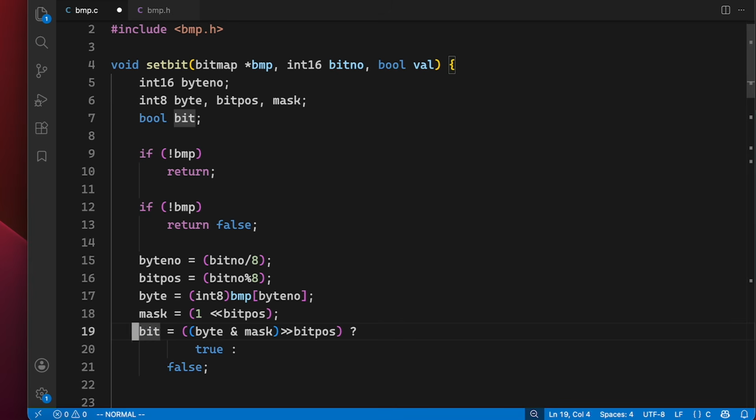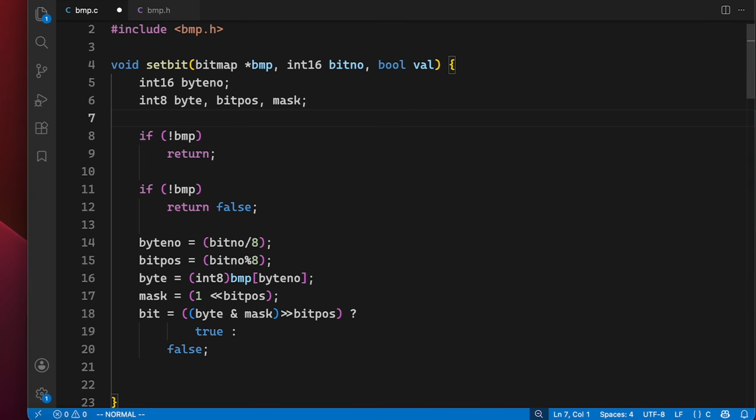We don't really need to extract the bit because it doesn't matter what its current value is. We only need to set it no matter what. So we don't need to do that. We still want to find the right byte. We want to mask out